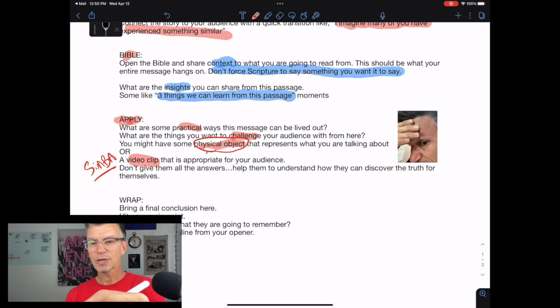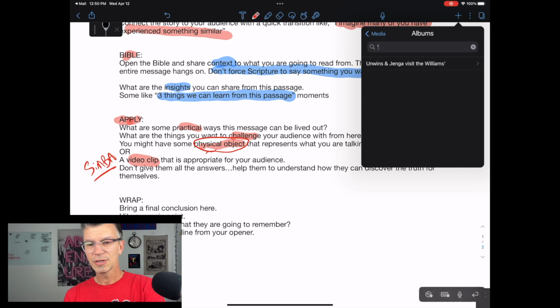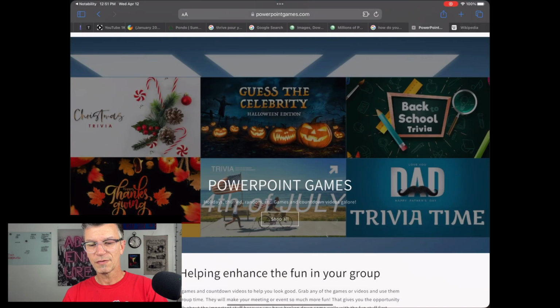A lot of things you can add here as well. I'm going to go back out of albums. And I can take a picture. I can scan a document. So if there's a document, kind of like a PDF scan type of deal, I can do that. I'm going to add a web clip. I'm going to go to Safari. I'm going to talk about